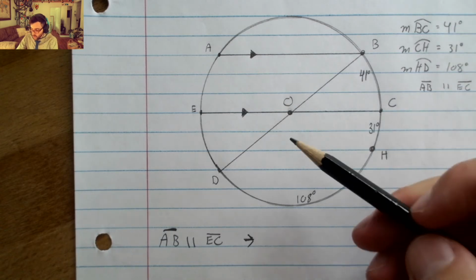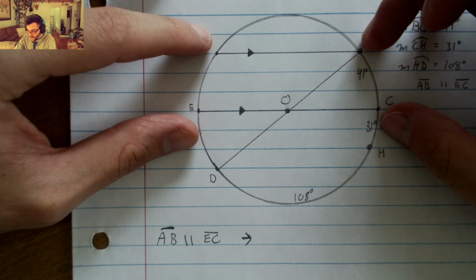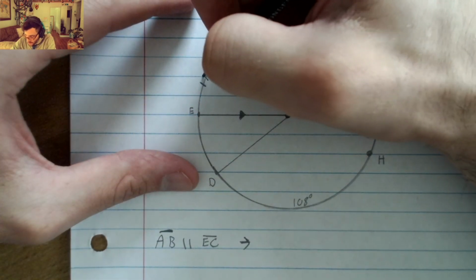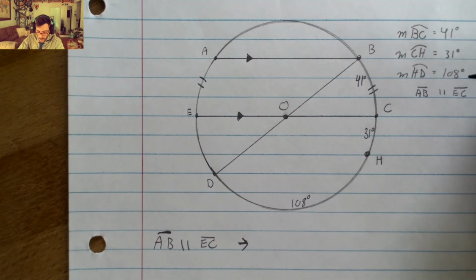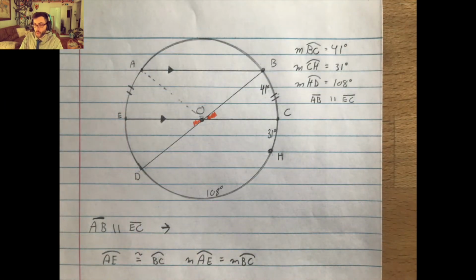Knowing that these two lines are parallel, the first thing that we can go ahead and say is that arcs AE and BC are going to be congruent. Considering in this example we know the actual numeric measurement of 41 degrees, what I'm going to write down here is that measure example, where we're going to be able to go ahead and use an equal sign for our